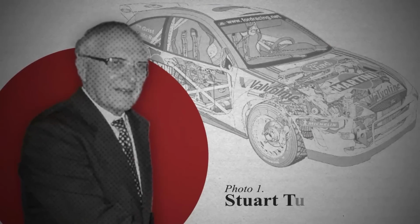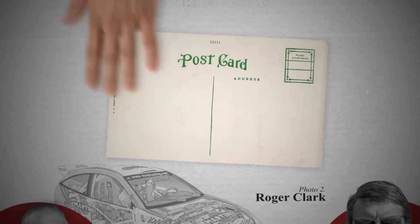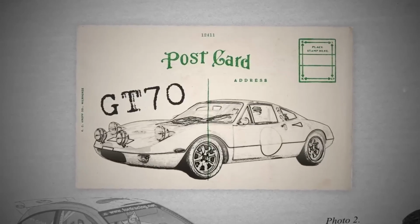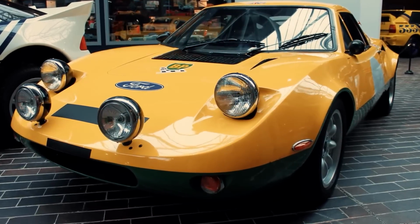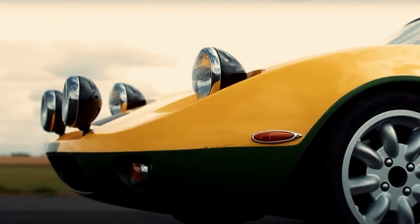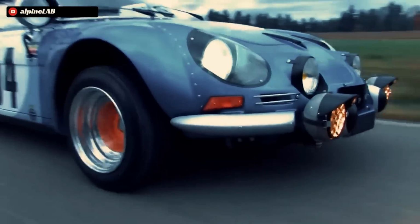And after a disappointing finish at the 1970 Rally of Monte Carlo, Stuart Turner, the head of Ford UK, began discussing an idea for a new competition car with English rally driver Roger Clark. Turner eloquently described the conception of the GT70 itself as a car that virtually came to life on the back of a postcard, meant to handle the off-road stages just as good as the Escort while also bringing the speed and power to outperform the likes of the Porsche 911 and the Renault Alpine A110, which had currently been dominating